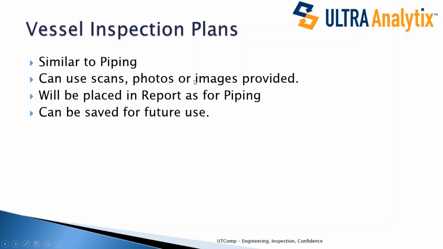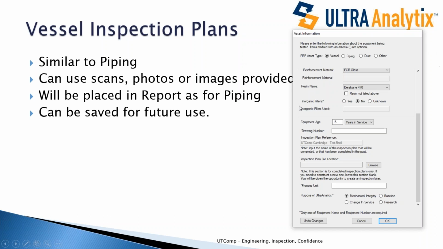You can use scans, just like for piping inspection plans. You can use a scan, you can use a photo, or you can use the images provided. Where you select what kind of vessel it is, the images that come up there are automatically inserted into the inspection plan. So for instance,